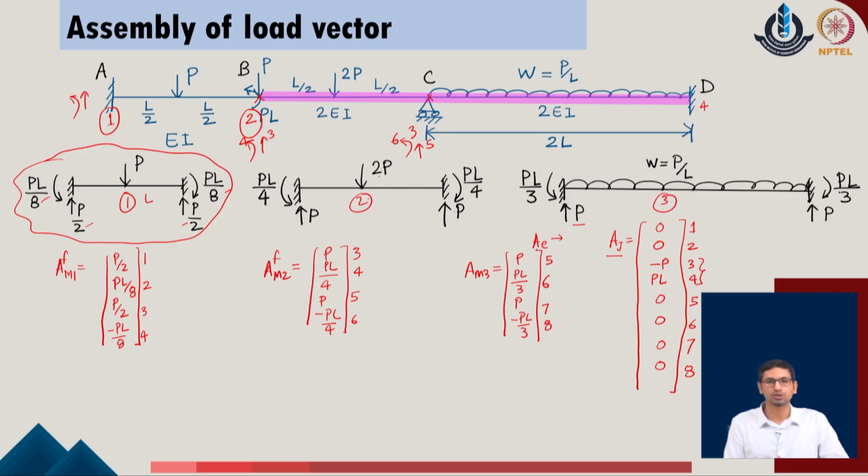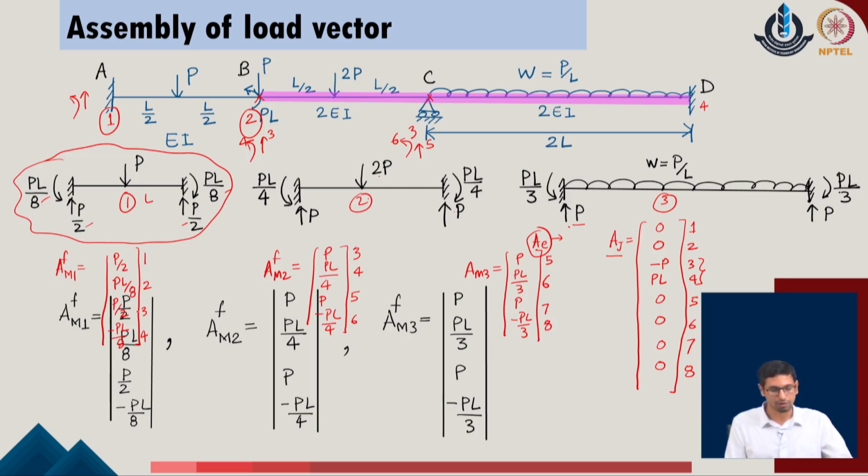Knowing these values, now I can easily assemble the overall A_E, which is the equivalent joint load vector of the given system. We can just see that these are the values which we have just identified for the overall system. The values corresponding to member force 1, member force 2, member force 3, these are all the values which have been evaluated with respect to the fixed ended part. That means they are part of the reactions in the given system.